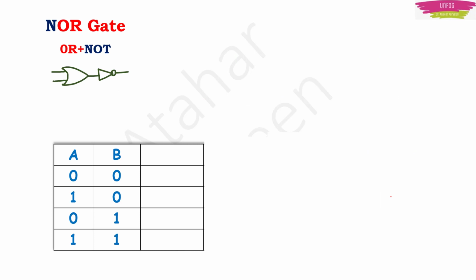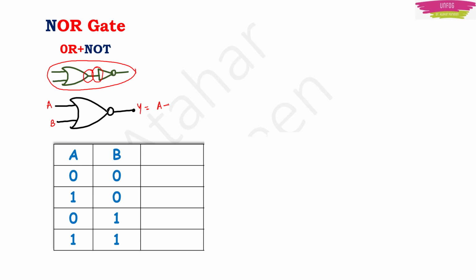Three more types of logic gates are there related to an OR gate. The first one is known as NOR gate. If the output of the OR gate is connected to the input of a NOT gate, then this entire circuit is known as NOR gate. And the symbol is this. In the name NOR, N has come from the NOT gate and OR gate is as it is. Because this is a combination of OR gate and NOT gate, you call it NOR gate. And the Boolean expression for the output of this NOR gate will be the complement of the OR gate, because there is a NOT gate attached, isn't it?